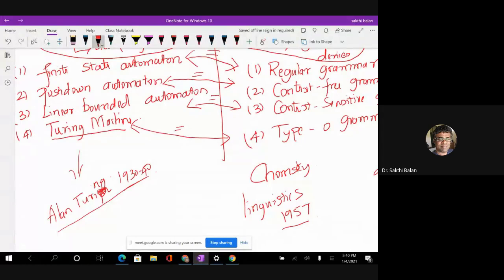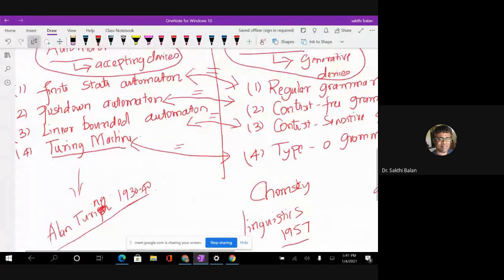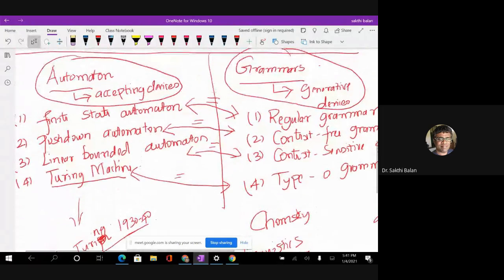And this was one of the strong bases for computer science to grow from then onwards. Okay, so Alan Turing is one of the fathers of computer science, we can say. Right. So in this course, what we are going to look at is the